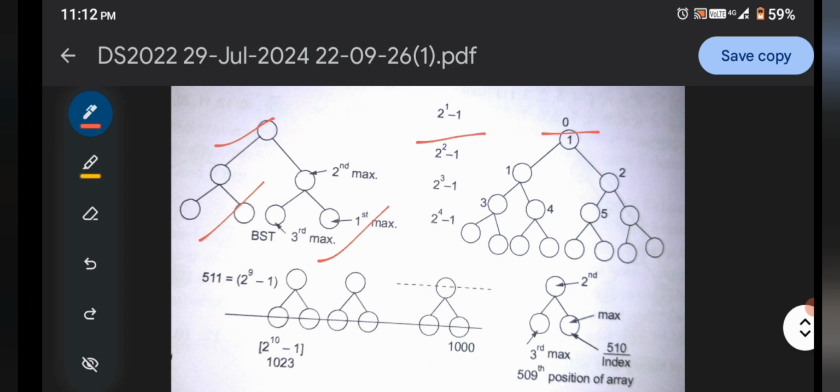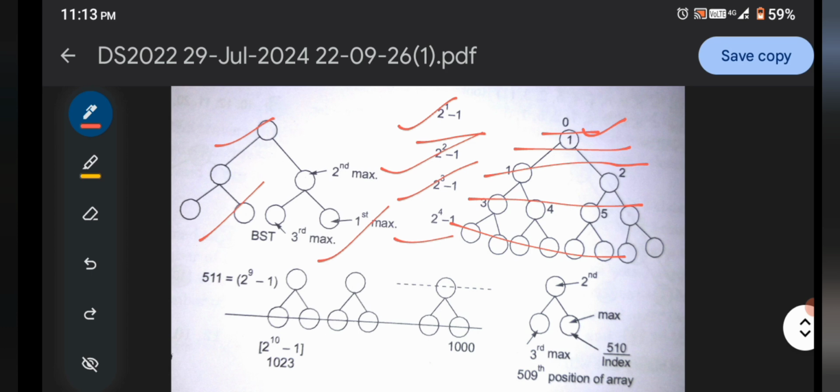Okay, for each of the levels, if the level number is 0, then the number of nodes equals 1. Then this is level 0, this is 1, this is 2, this is 3, and so on. So as we go one by one, we get the number of nodes in the complete binary tree.